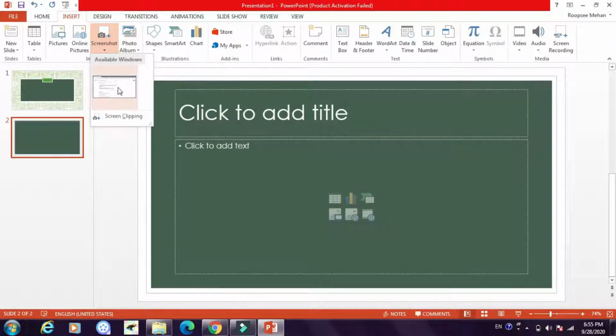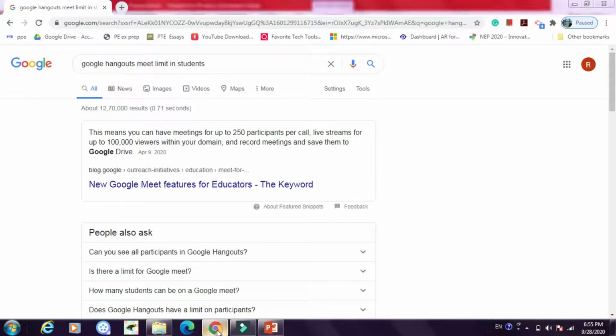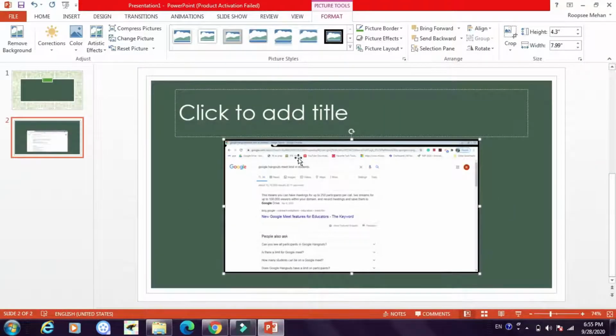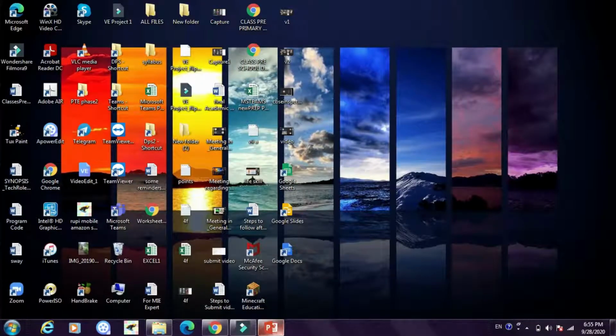It will ask these are the following available windows, so you can choose among them. So I am, for example, choosing this. Now the screenshot of my Google Chrome has been added onto my slide. I can increase or decrease the size and I can scale this picture. Now next step,